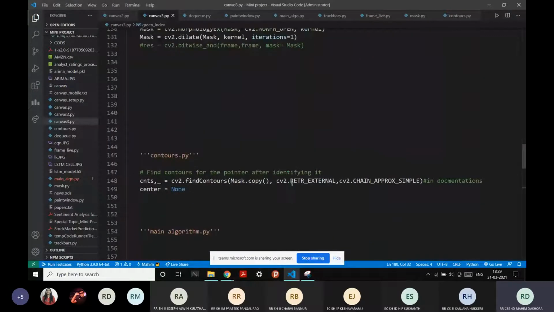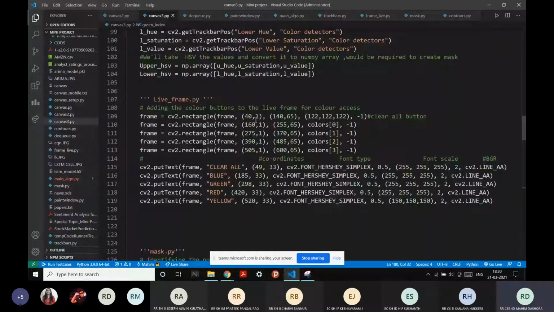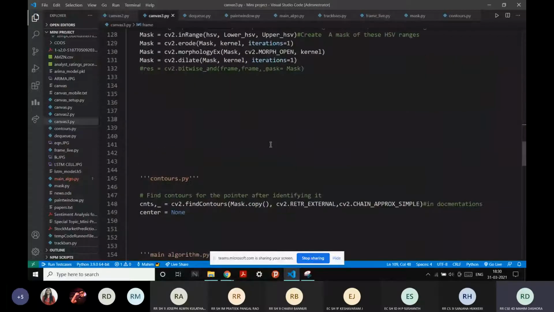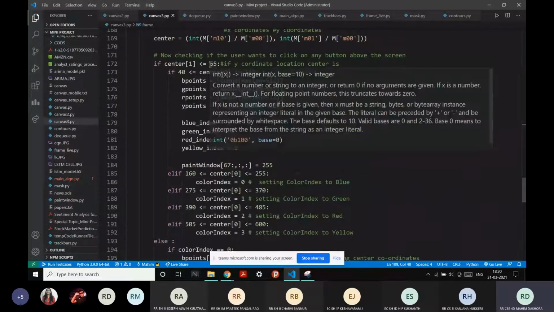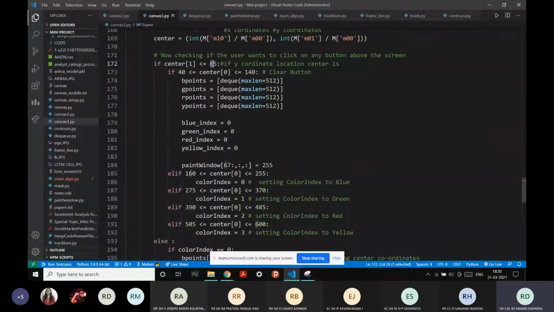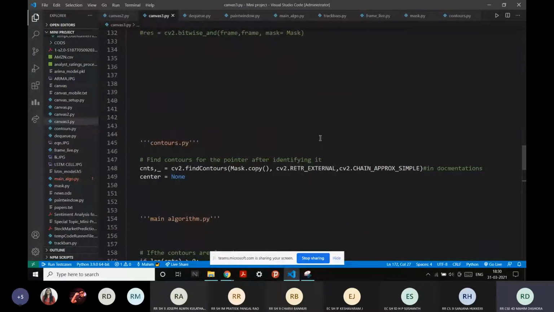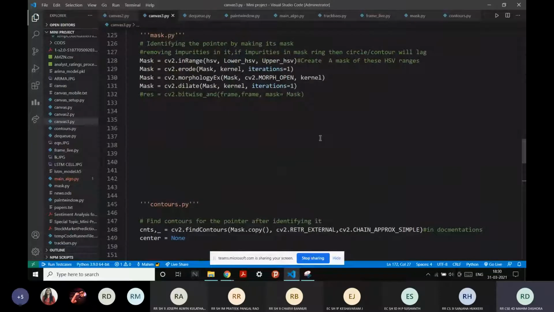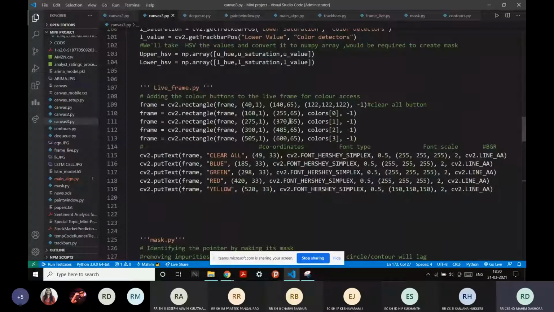Because if we go back there, we have created the frame of the clear all button. It ranges from 1 to 65 on the y-axis. So if our y-axis coordinate is greater than 1, which is obvious, and less than 65, we know for sure that every part of the button ranges from 1 to 65.